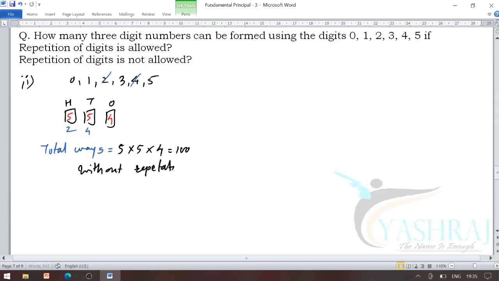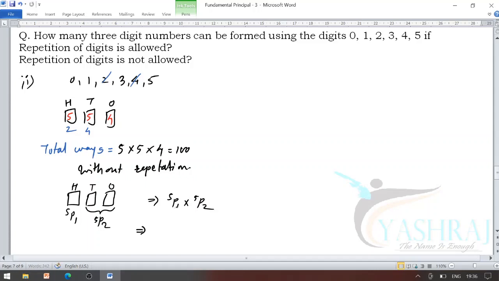Same problem you may try by using the permutation concept. We have 3 vacant places over there. To fill up the first place, we have the digits 1, 2, 3, 4 and 5, keep in mind. That means we have a total of 5 digits, among them any one we have to select. So the total number of ways is 5P1. Following which, to fill up the tens and ones places, we are left with 5 digits again. Among them we have to select any two. So as per the multiplication principle, the total number of ways becomes 5P1 into 5P2.